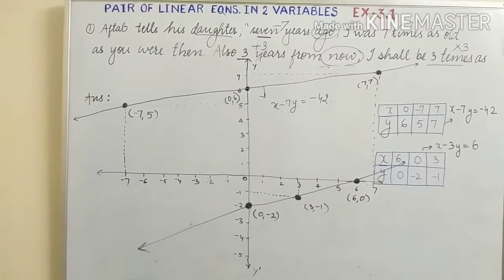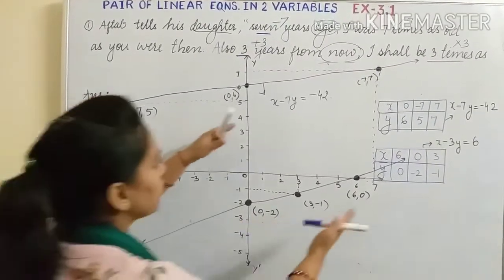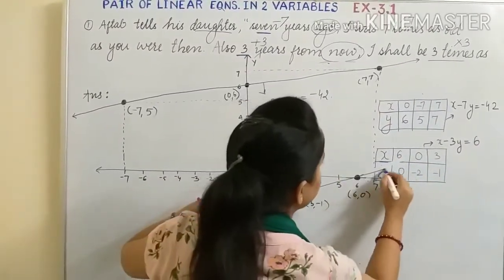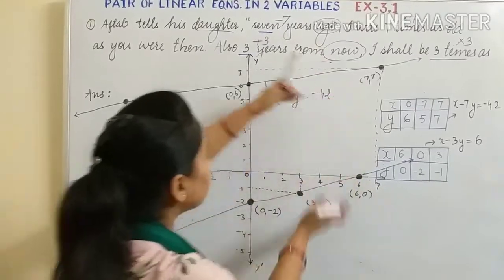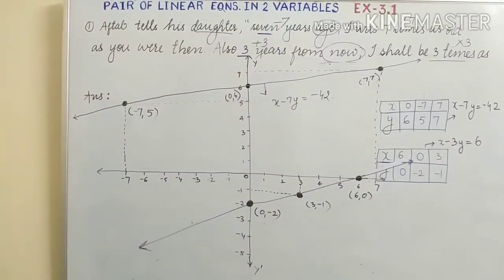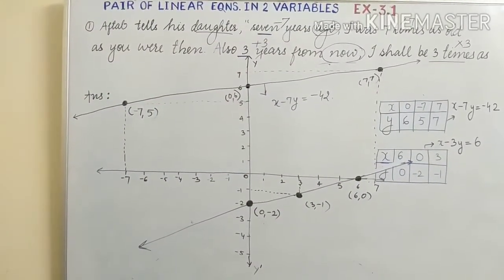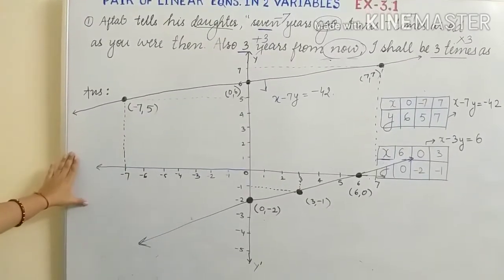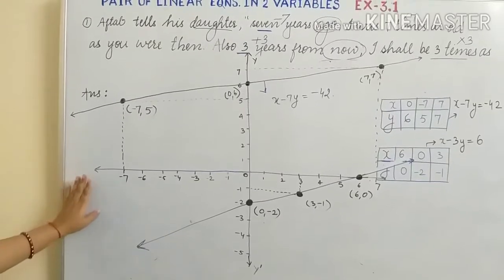Now you can see, actually these are not going to meet anywhere in the plane. They are far apart from each other, and by this we are done. They are not intersecting at any point. This is the graph. That's all with the first question.